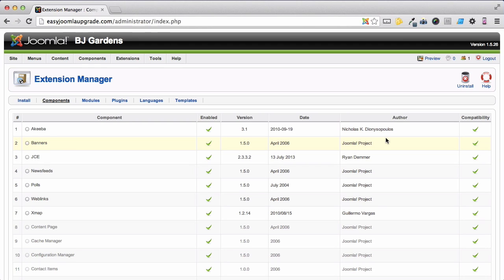It's important at this point to take a pen and a piece of paper and make a note of their names. In my case, I have Akeeba installed, which is for taking backups, JCE, which is a replacement WYSIWYG editor, and XMAP for building sitemaps. Once you've made a note of these 3 extensions, of course you may have more or you may have none,